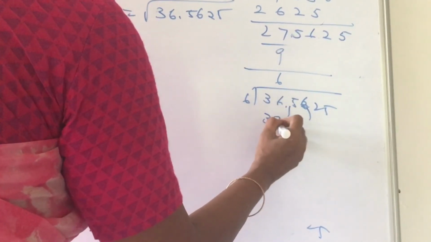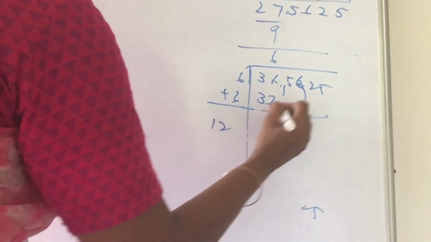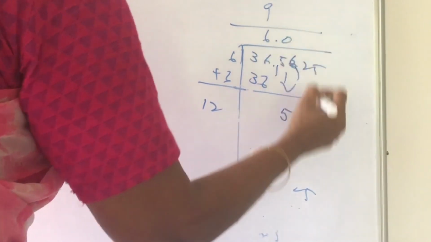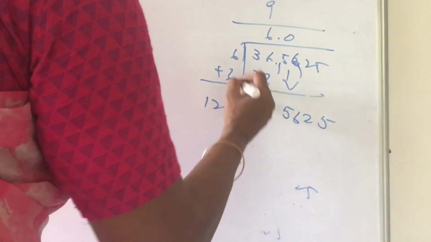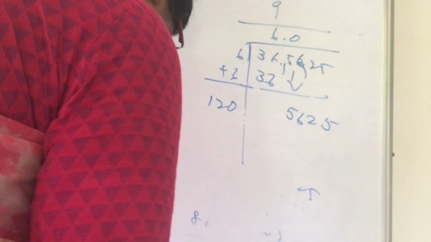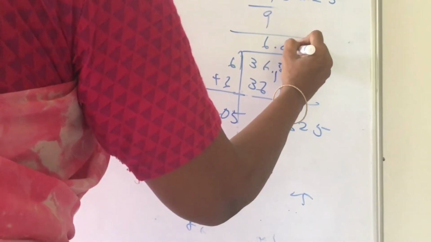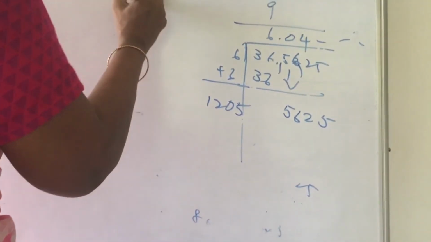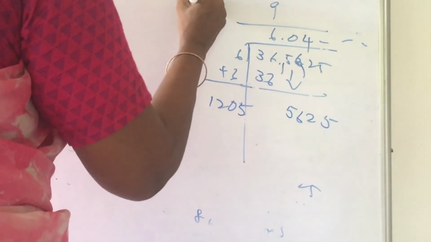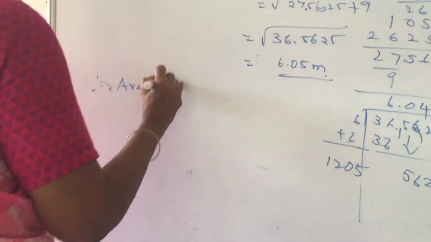6 6 are 36. Plus 6 is how much? 12. Bring down the next group. It won't divide. Bring down the last group, children. Nearly how much? It is nearly 5 times. 4 times. Next time it will be more than that. It is 6.04 meters. Therefore, area of canvas required